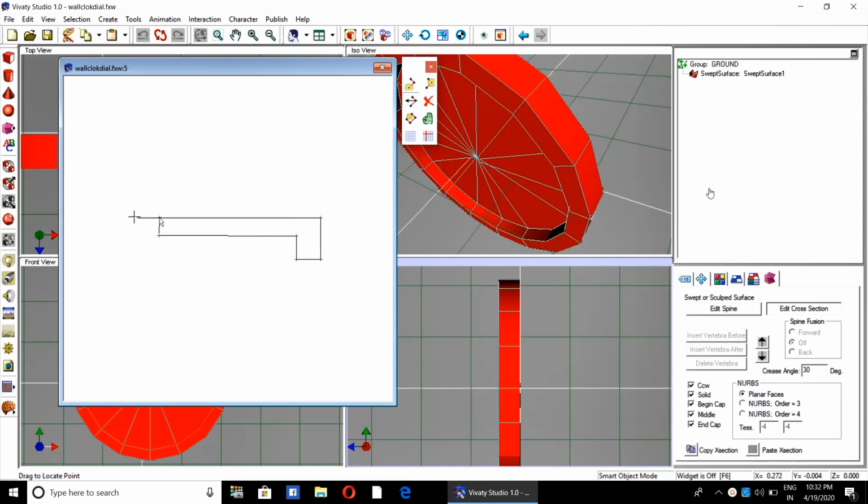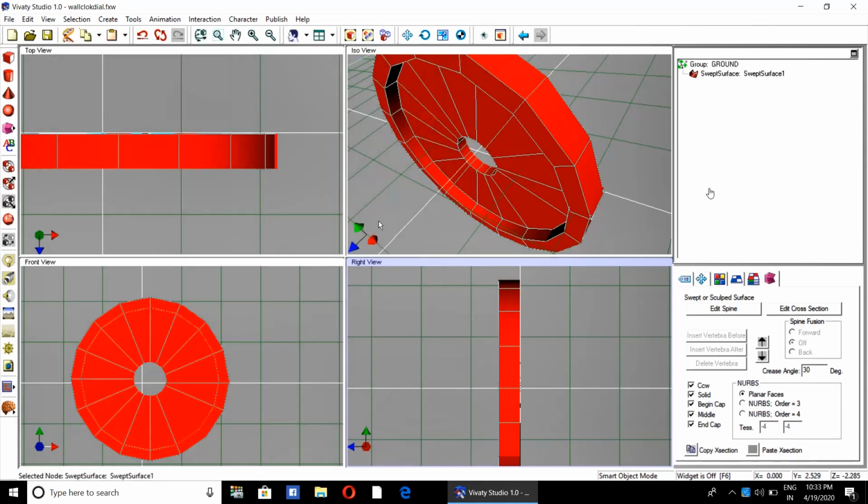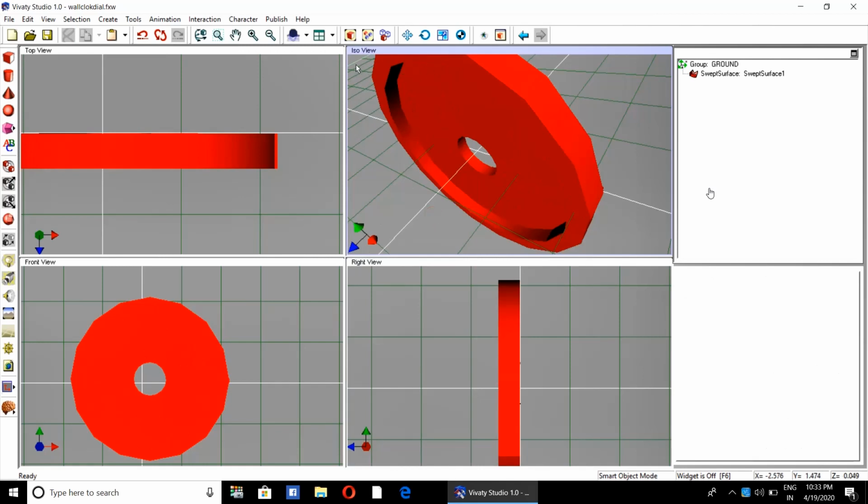Shift all the points and try to make the lines as straight as possible. The line should be perfectly straight. It looks perfect. Now you can see immediately the hole was created at the center.